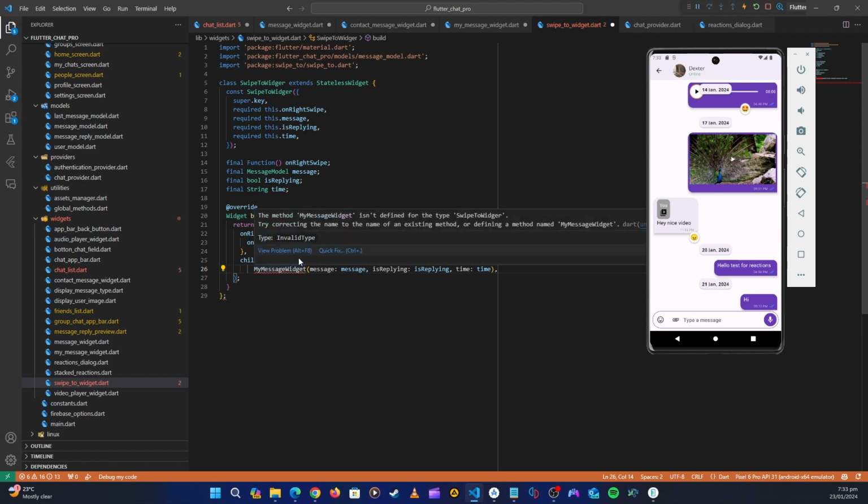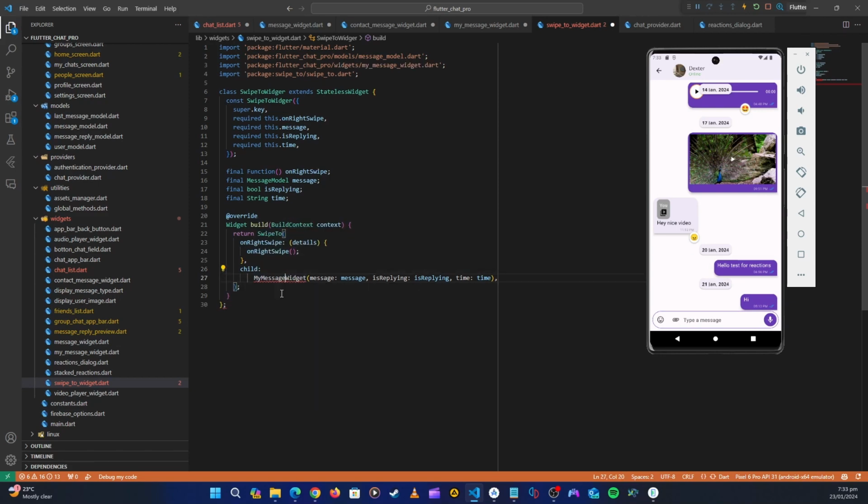So what we need to do is just to import this. We need to import this, and then we know we don't need all of this time and is replying. But in this widget also there is replying, the swipe to widget. So what's going on here? This swipe to widget also, we need to know what is this widget which is here. Which means we also need to pass the is me here, so that we can show the correct widget even here. All right, so here let's say required